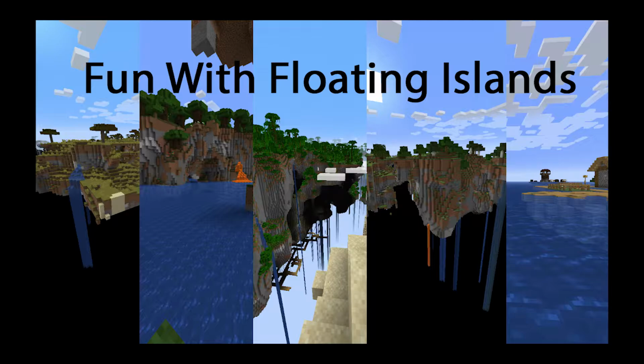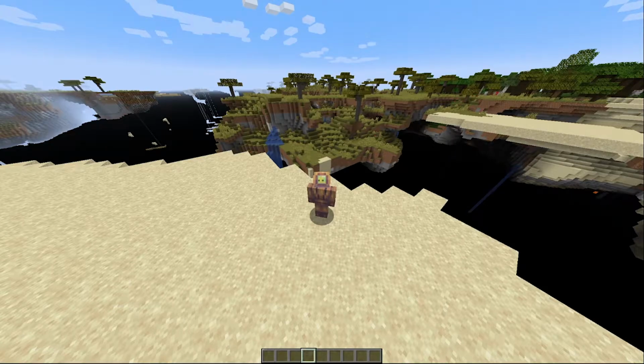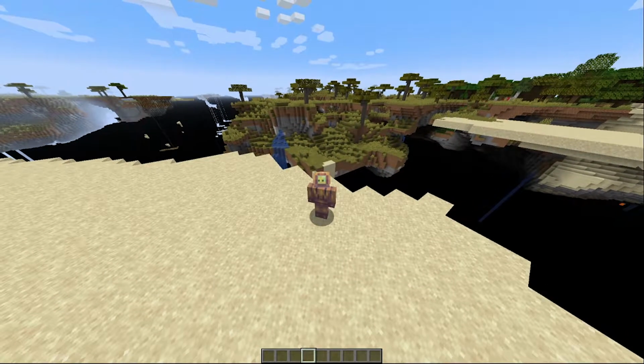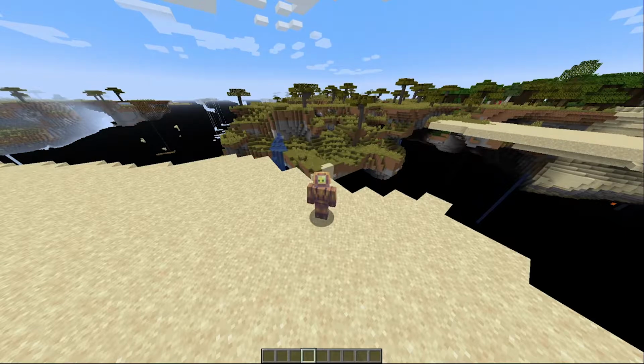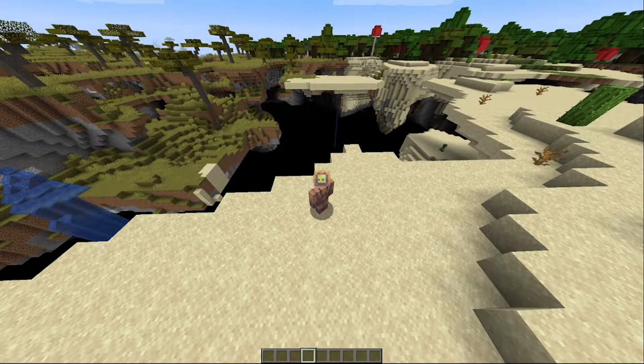So with that said, Gloomy here, and in today's episode we are going to have some fun with floating islands. From my previous video where I showed you how to use NBT Explorer to create a floating islands, all vanilla biomes, world type, I had a couple of questions on whether this would work with 1.17, and I think this world right here